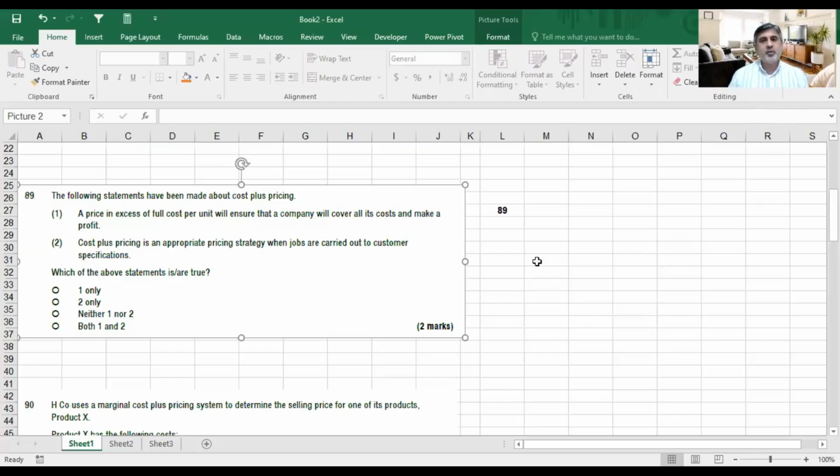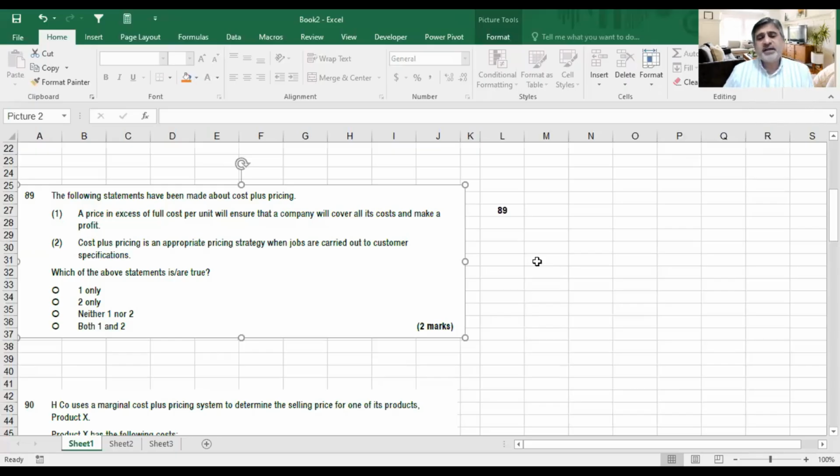So when you hear about cost plus pricing, what should come to your mind? When I say target costing, what comes to your mind immediately is that you have set a selling price and then you are playing with the cost, minimizing and decreasing the cost. So target pricing is very customer focused, market focused. Cost plus pricing is the opposite of that. You don't care about the market. What works here? Monopolies work like cost plus pricing, government entities, public sector organizations. Whatever is the cost, recover it from the customer, whatever it is.